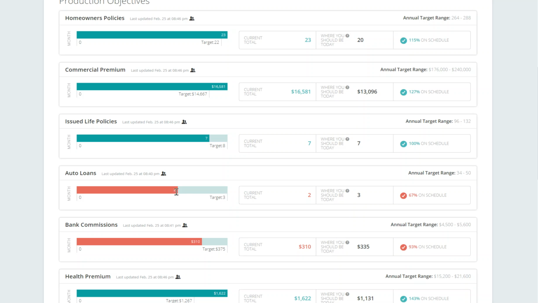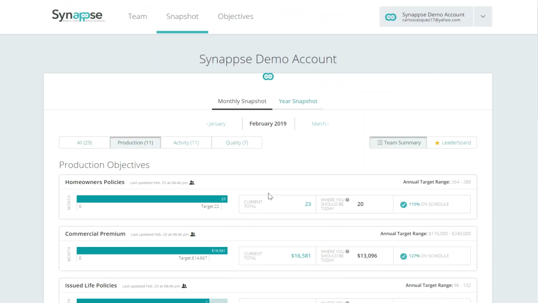So we need one more auto loan to reach the goal for the month. We have 3 days to do it, and we need another $65 of bank commissions in order to hit this goal. So that pretty much summarizes the monthly snapshot of